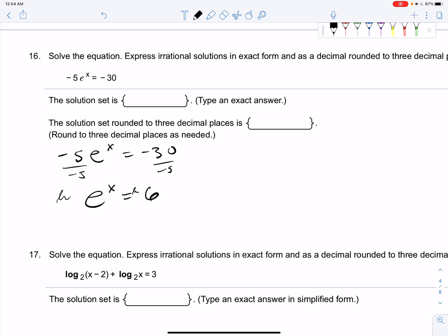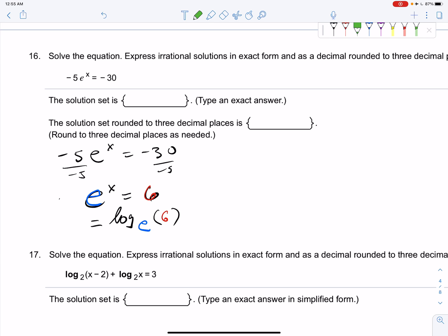That would do it as well, but I guess I'll just stick with that one way for now. Which I don't always like to do, I don't always like to stick with one way, but I'll stick with one way right now. And it's going to be log base e of 6